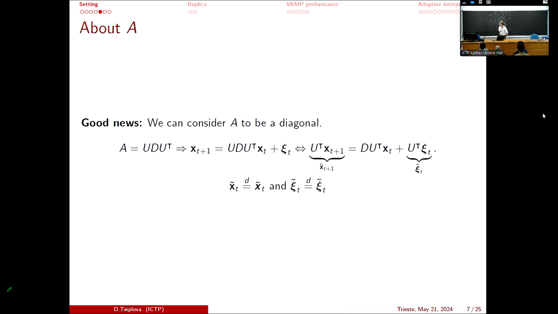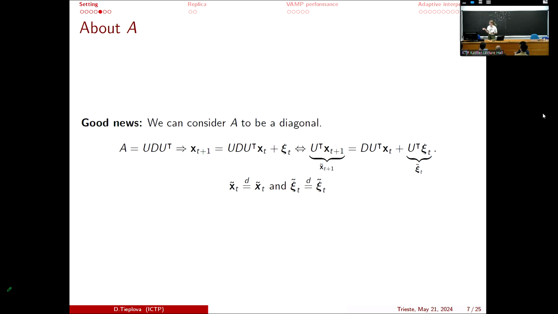Now we are going to focus on this matrix A. The good news is that before it was just symmetric, and a symmetric matrix is good, but it still can be quite painful to study. Since we are focusing only on the mutual information, we don't really care whether we have a symmetric matrix or its diagonalized version. So we can diagonalize it and study it as it is. It's a two-line proof.